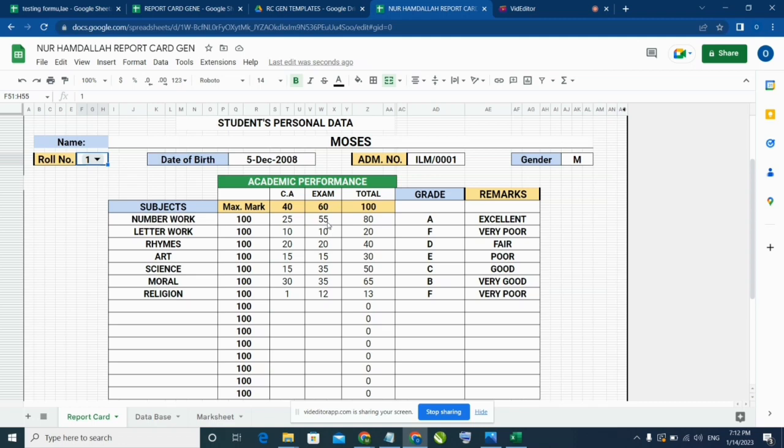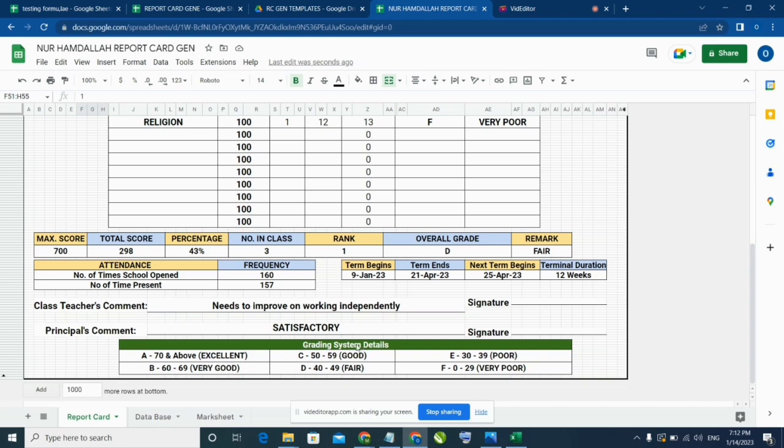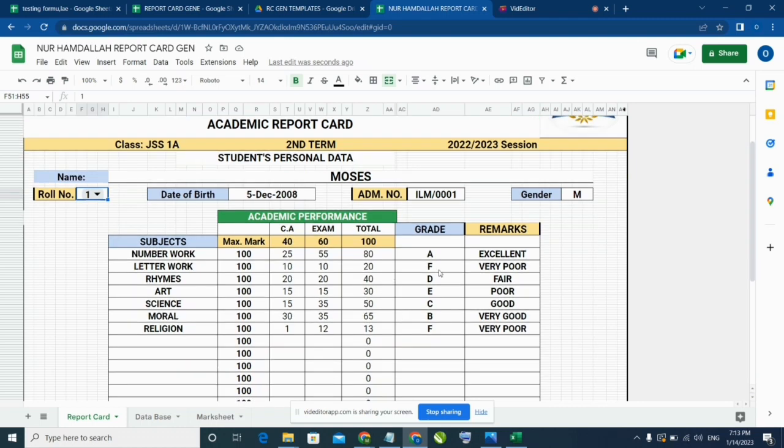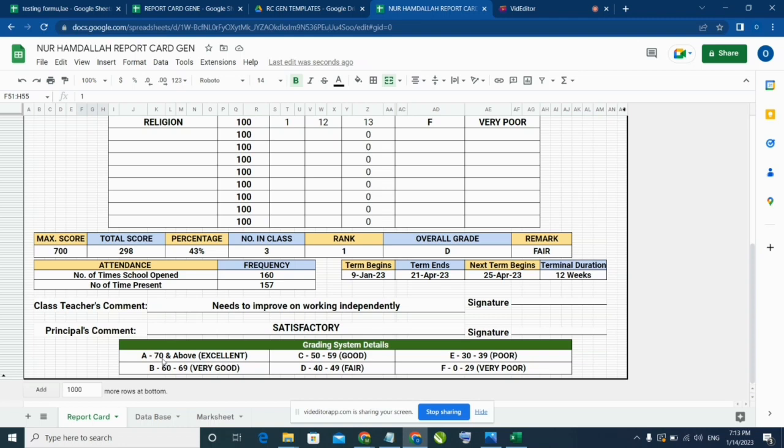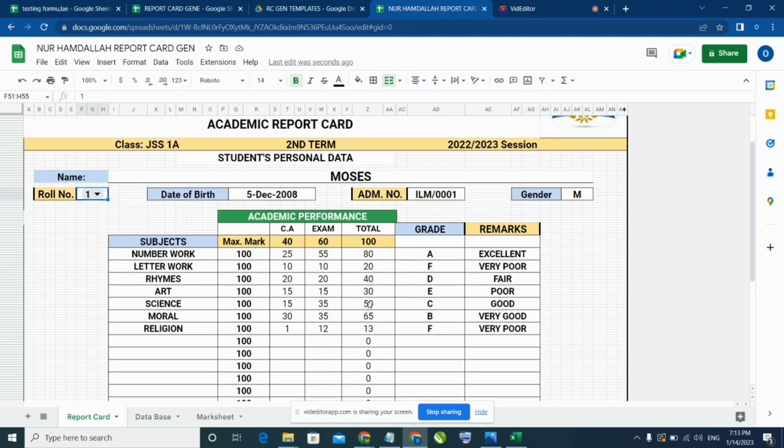Okay, you can see that it's called this. 80 is A, which is remark is excellent. Here is called 20, and if you come to the grading system here, you can see the grading system for F is 0 to 29, so it's called 20. So it's between that range. Okay, and if you see here, 70 above is A, excellent, and here you can see 80 is above 70